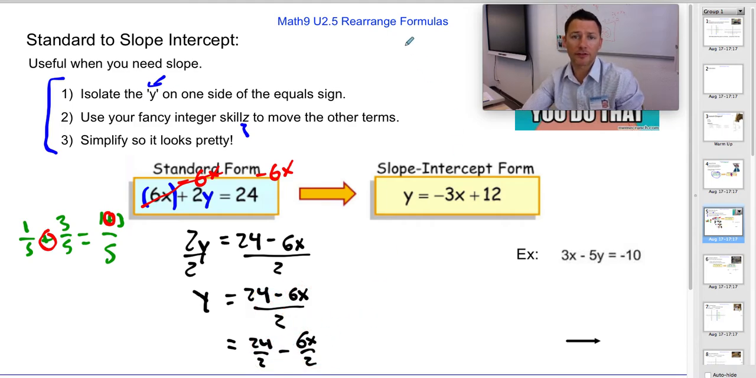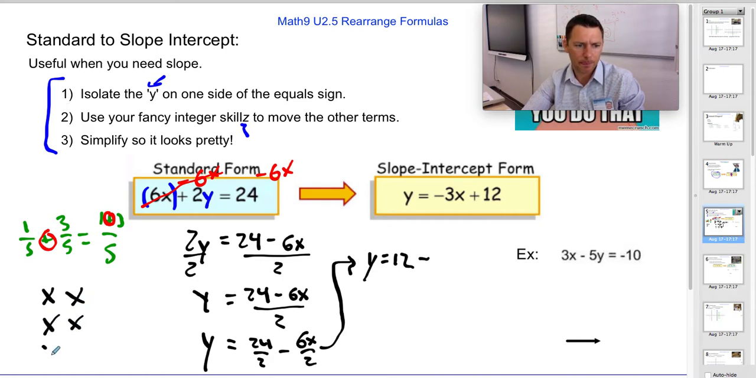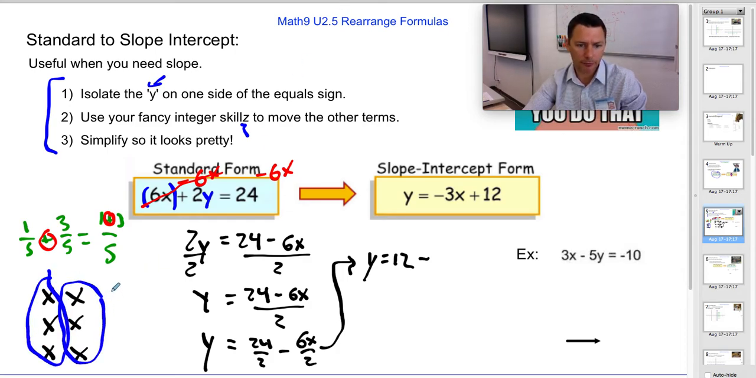Cool? Now this is really nice, but we need a little bit more work to it. 24 divided by 2 is y is over to this side. Here's y equals 24 divided by 2 is 12. There's our minus sign. And 6x divided by 2 means I have 6 packages of x, right? 6 pieces of x divided into 2 groups, right? How many in each group? 3x, right? So this really is 3x, and that looks nice, but since we're looking for slope-intercept form, the piece